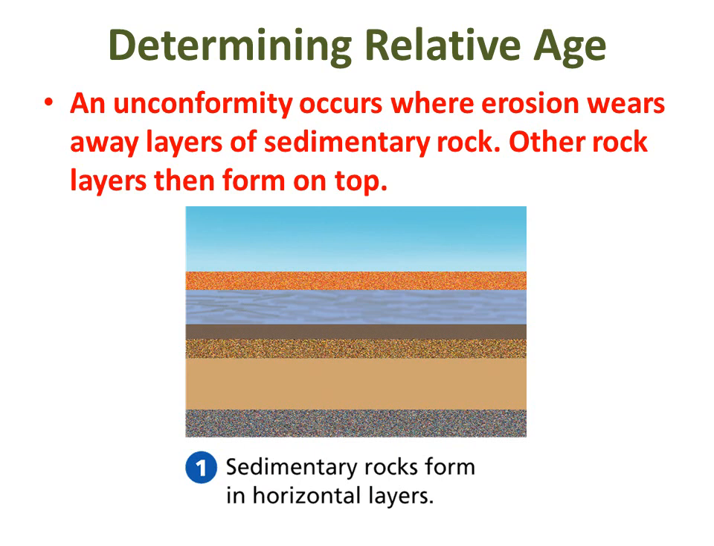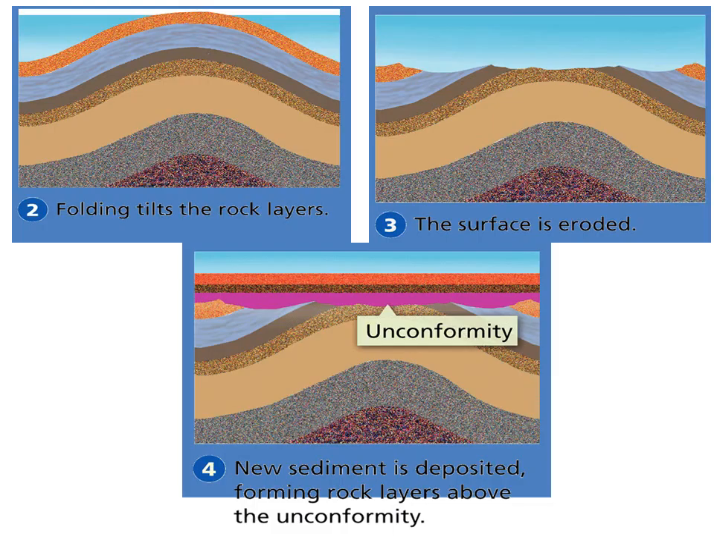Determining relative age. An unconformity occurs where erosion wears away layers of sedimentary rock. Other rock layers then form on top. Gaps in the geologic record and folding can change the position in which rock layers appear. When rock layers erode away, an older rock surface may be exposed. Then deposition begins again,